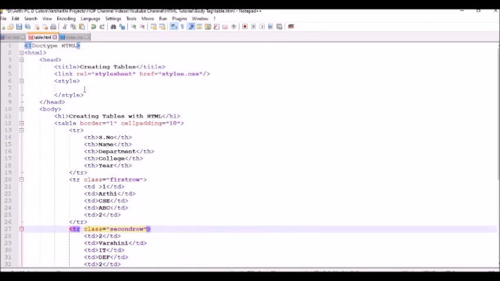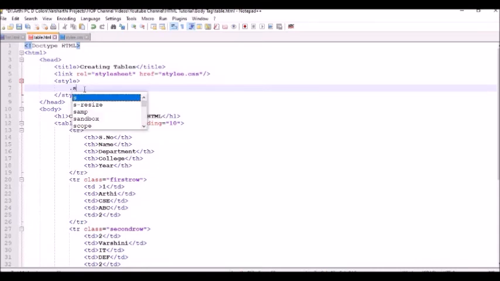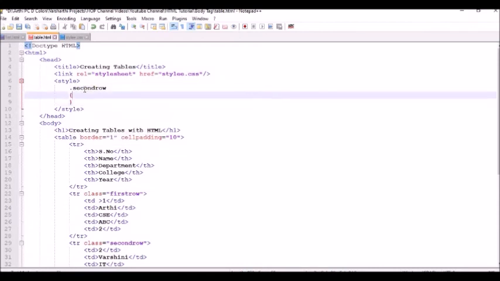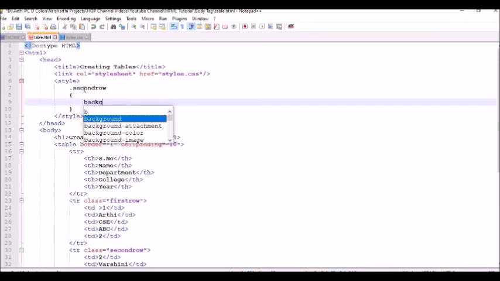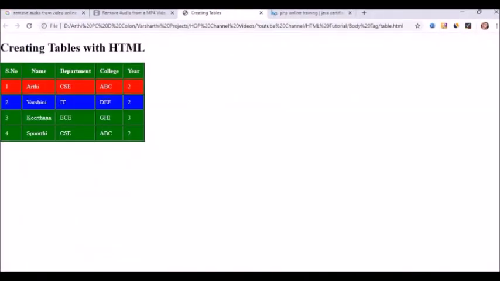I'm going to use this second row inside my style tag for providing design options. I'm going to set the background color for this property as blue. Let's save this and check it out.